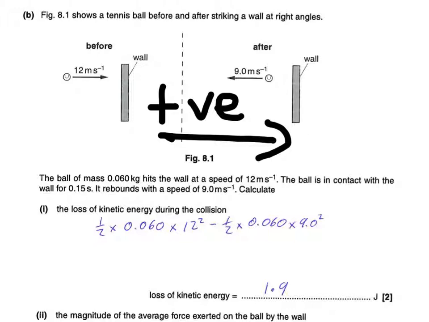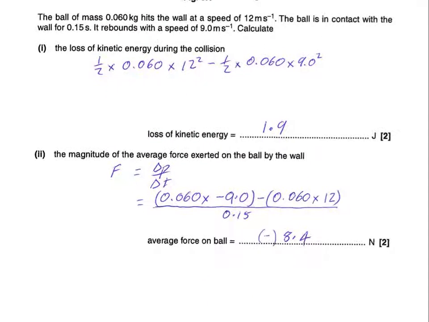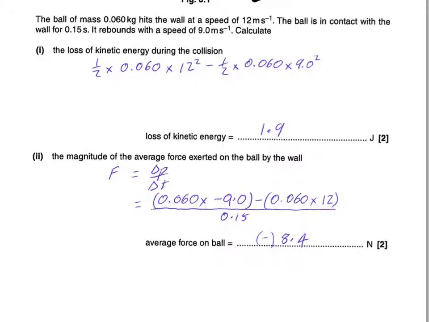So I'm going to be looking at minus 9 times the 0.06 takeaway plus 12 times 0.06. Let's have a look at what that looks like. So there we go. There's the 0.06 times the minus 9 mv takeaway 0.06 times 12 plus 12. There's the mu, so there's the change in momentum, and the time I was given